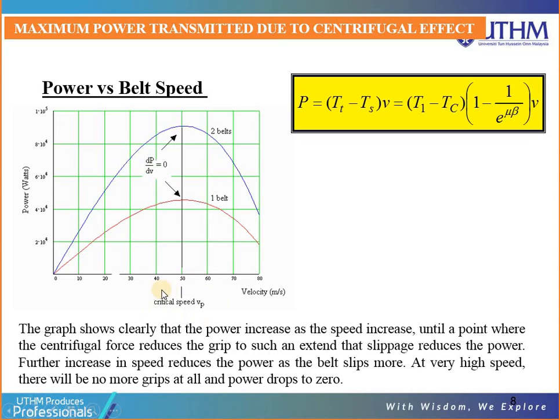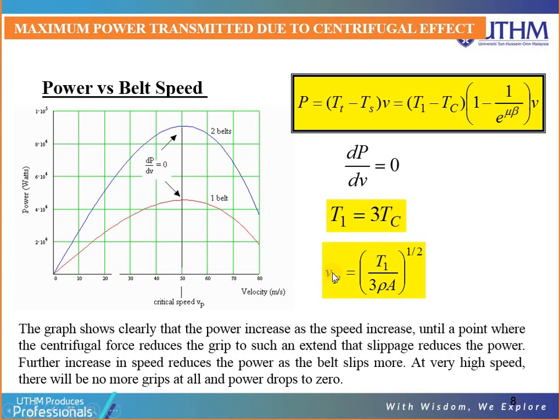Too much speed of the pulley will create slippage between pulley and belt. So at the peak point, we know that dP over dV is equal to 0. From the derivation of this equation, we notice that T1 is equal to 3 times Tc, 3 times the centrifugal tension,